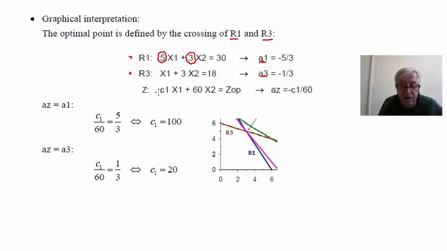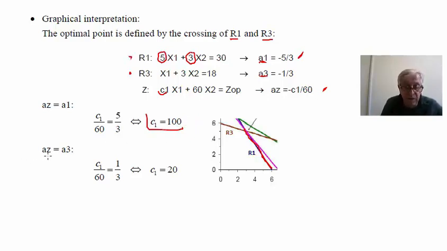And the inclination of the lines of z is similar, it is c1 divided by 60 with the minus sign. So if we consider the inclination of the lines of z equal to the inclination of the first line, that is, we can have the lines of z here parallel to restriction 1, the meaning is this. So we can consider these two quantities equal, and we arrive to the conclusion that C1 in that case will be 100. That is the upper limit of the interval of C1 that we saw before.